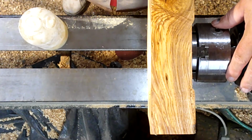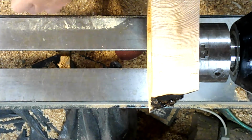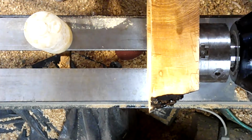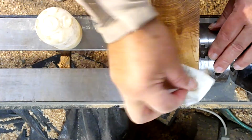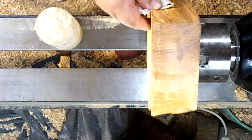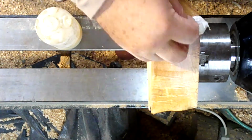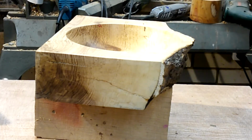Some beautiful grain pattern in there. Beautiful. Absolutely beautiful. So here we have the finished article,